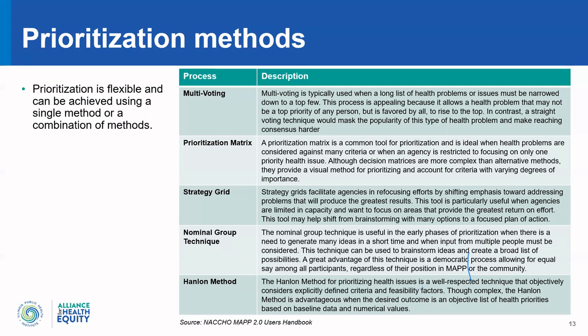There are a couple of other techniques that are much more complex, but they can be helpful. The Hanlon method is the one that I personally, in 11-ish years of doing this, have not used, but have seen it used as a much more statistically complex method. And the nominal group technique is great if you want to just get a list of brainstorming ideas. This would more commonly be something we would do with a community partner or community advisory council. Then we would take that information back to a core group within a hospital or health system, and within that core group, further prioritize the issues.